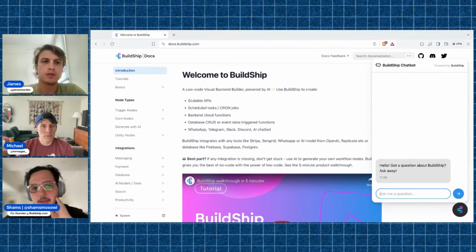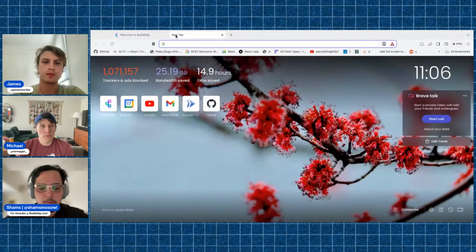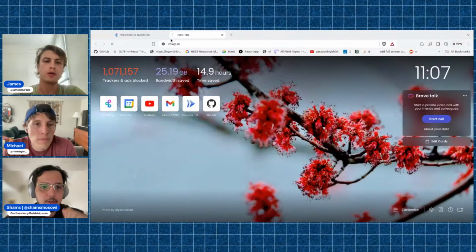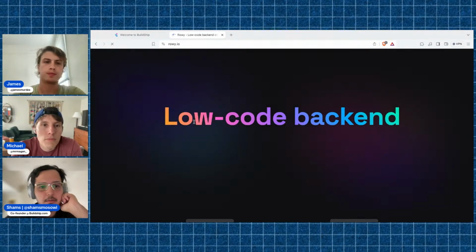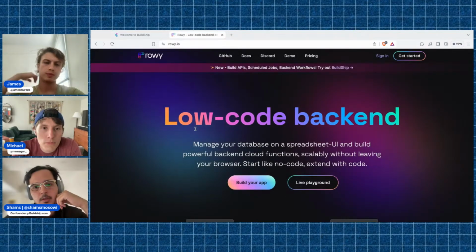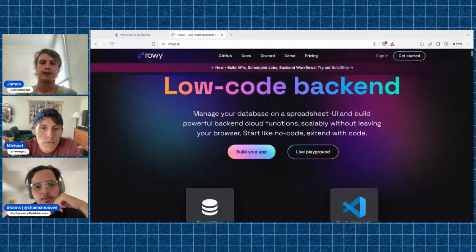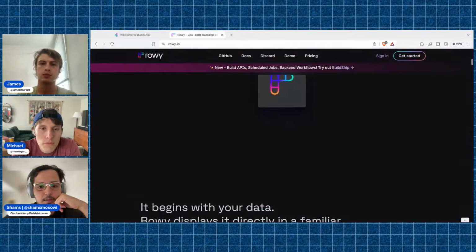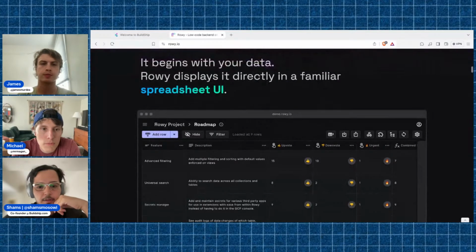So I think we launched in September last year. But before that we were doing Rowy.io. Rowy is the initial thing that we started on a few years ago, and it's basically trying to simplify the database, inspired by Airtable.